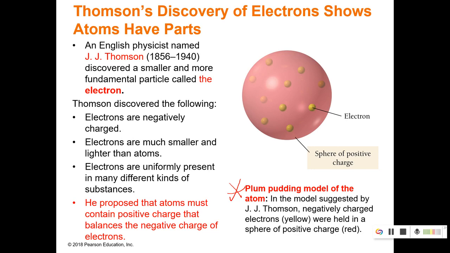This was a common thing back in the 1800s and early 1900s, plum pudding in England, but now I would kind of say it's like a chocolate chip cookie. The batter of this cookie is positive, and the electrons are the negatively charged chocolate chips, and they're just scattered throughout the cookie. They're not really in any clouds or shells, anything like that. They're just present.